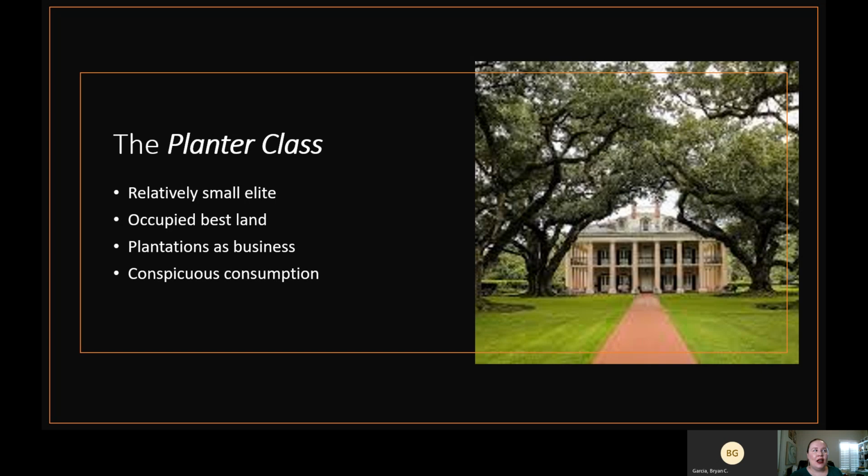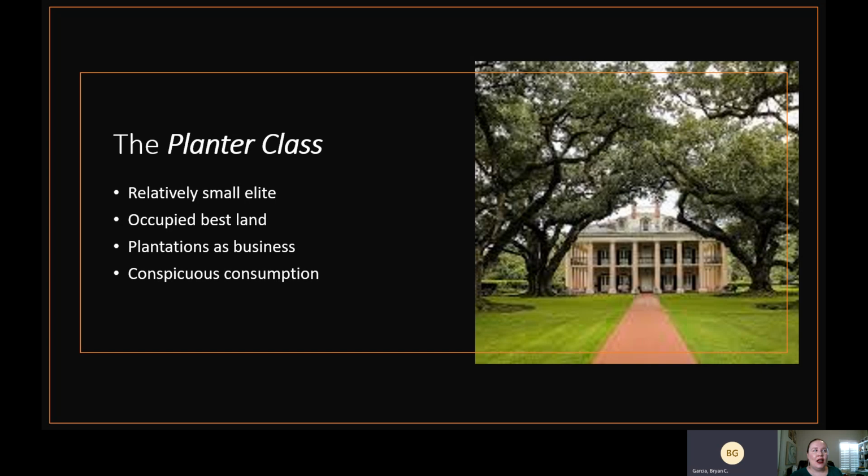Think about depictions of this time period in the South in media. We tend to focus on the big plantations, right? Think about the movie Gone with the Wind, this culture of extravagance and wealth. Part of the reason that we focus on them, even though they're not the majority in the South, is because they represent the ideal of Southern success, if that makes sense. Their influence is outsized because of their numbers, because they represent the people in the South who've made it economically.